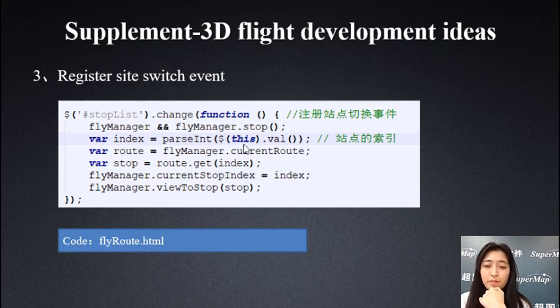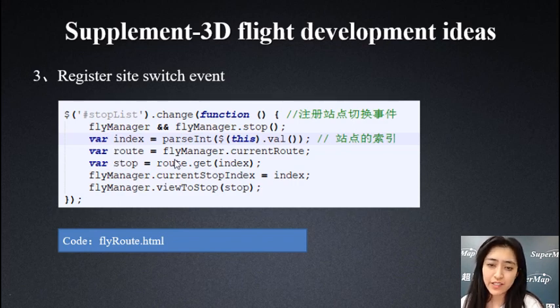From this method, it gets the attribute of the current route and gets the stop to switch to through route dot get. We transfer it to the stop object, and then flight manager dot current stop index is set to the index of the corresponding stop. That is the index of the stop to be reached, and the route through the will stop